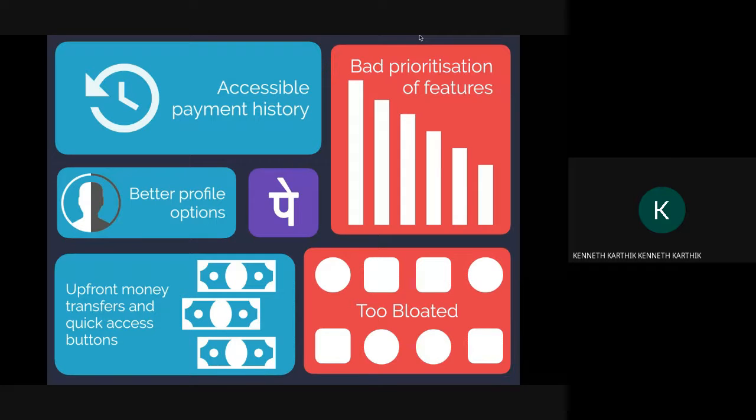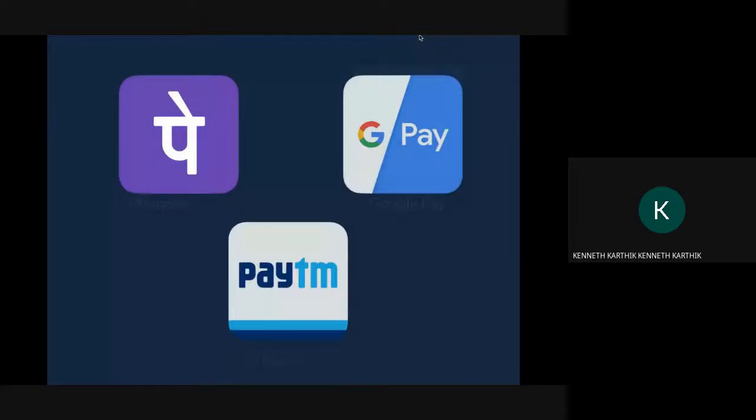But then at the same time, the home screen was too bloated. There was not a great prioritization of features, because there were a few things which didn't apply to everyone, or at least they should have had an option to simplify the UI for users who don't use that. Look, I've never used any of the electricity bill payment or all of those transfers, and I don't need almost a third of my screen being used up by that. So that was one thing I noted. And so yeah, that was PhonePe.